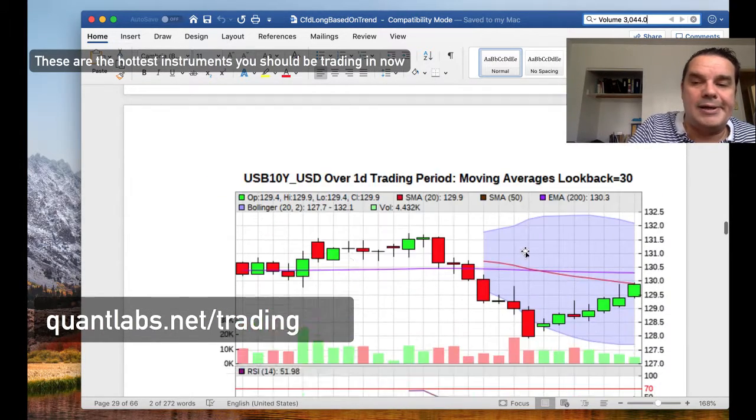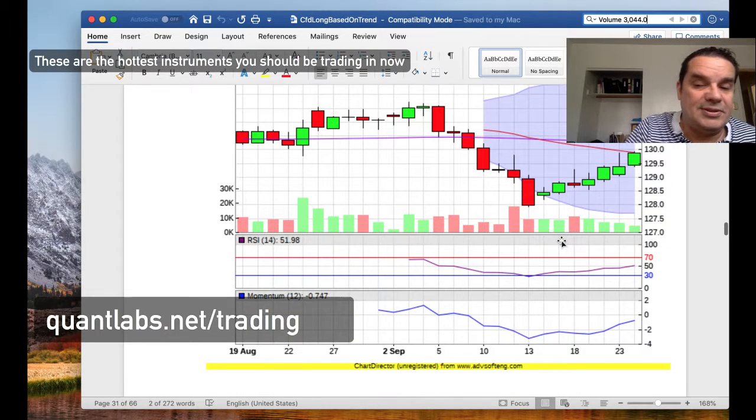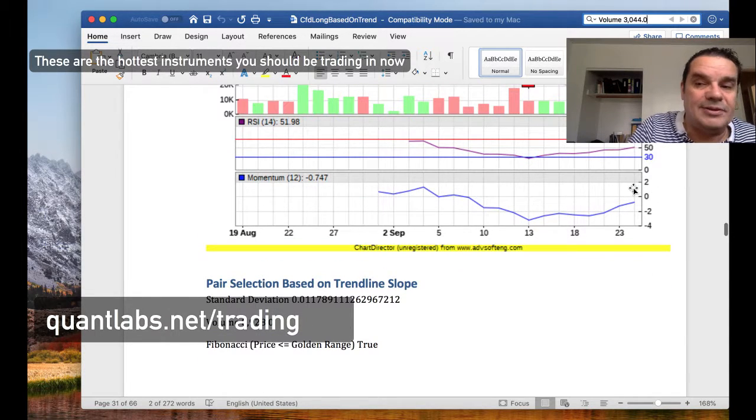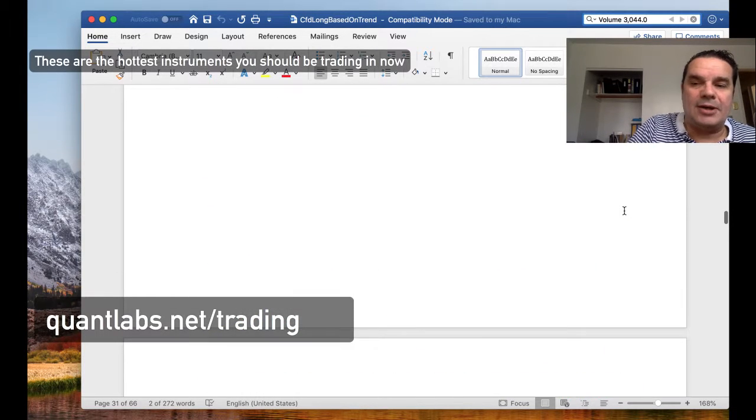So continuing along here, these are looking pretty good. So if I was a betting man, I would rather put money in the U.S. Treasury versus any of the indices right now. But when I looked at just India, that looked pretty good. But I've seen that happen before, where it looks good and it just comes off within a few days. That's why I'm always looking at the RSI and the momentum to verify that, yeah, it may be reaching the entry points, but if you want to know how to time it properly, as I do in my actual strategies